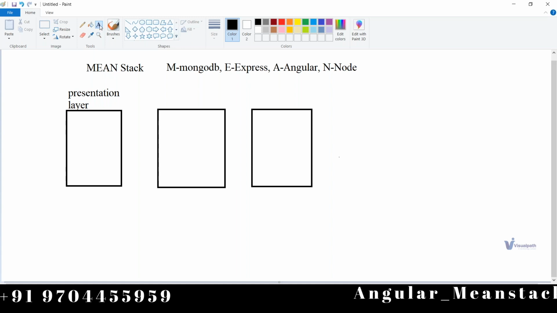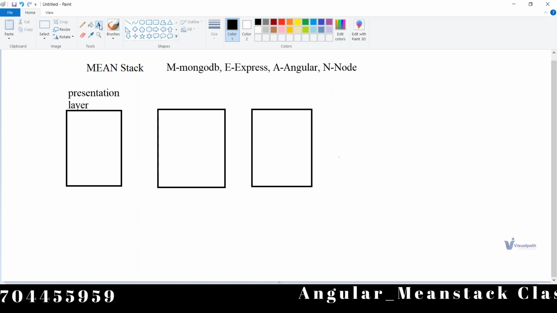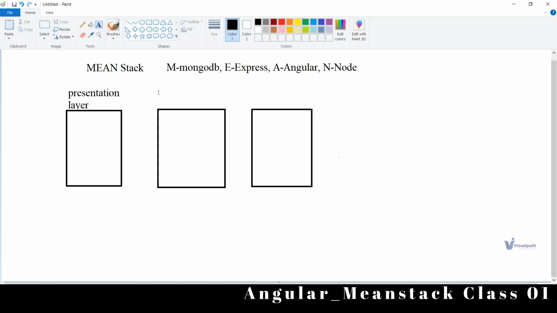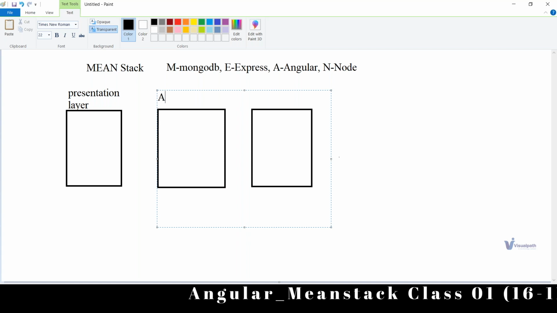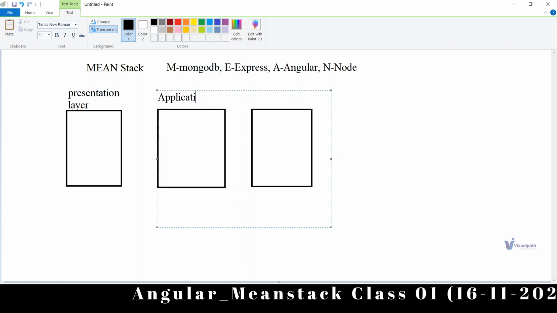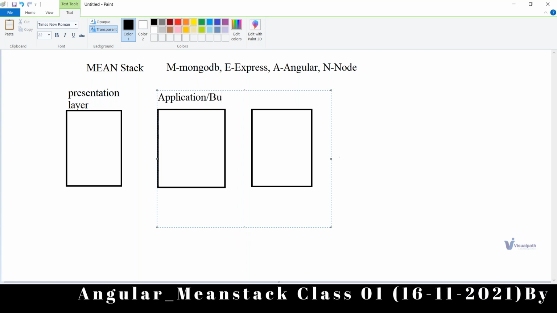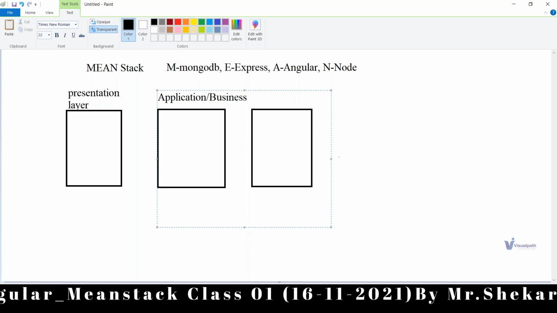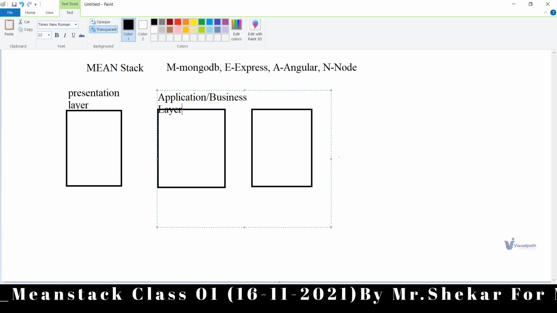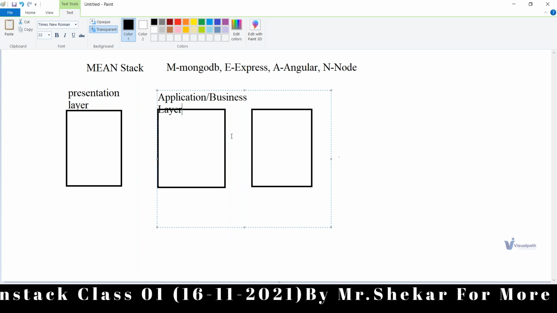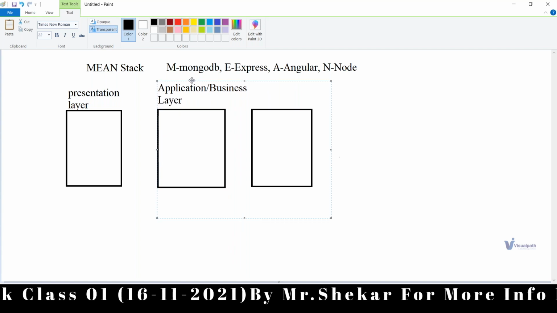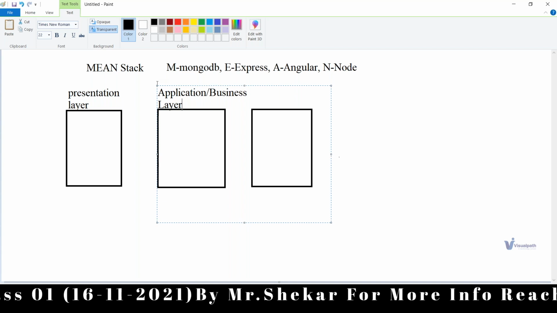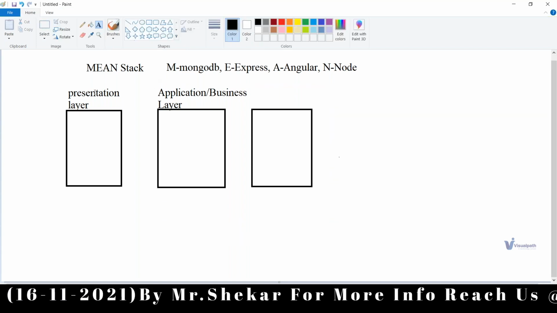But a lot of things will be happening in the Gmail application. The main business happens at the application or business layer. But the entire application we can see, or connect to, only through the presentation layer, right?